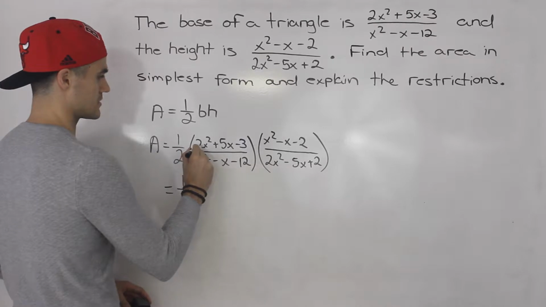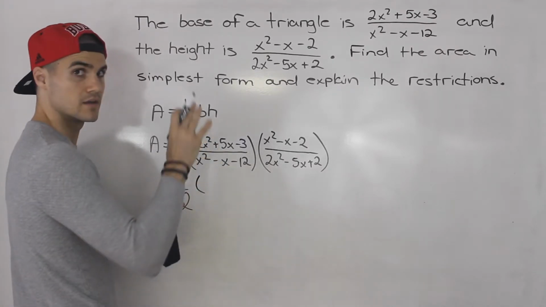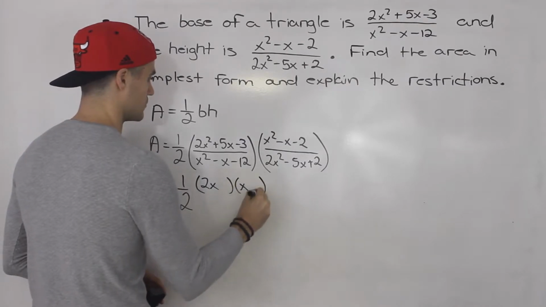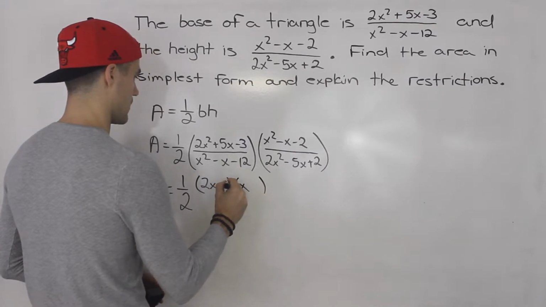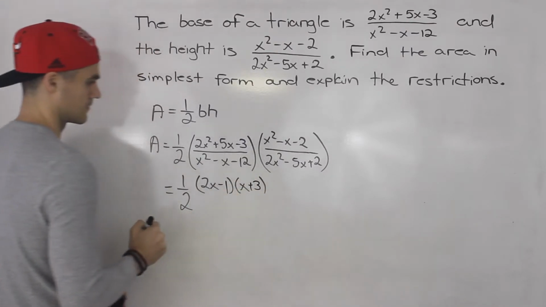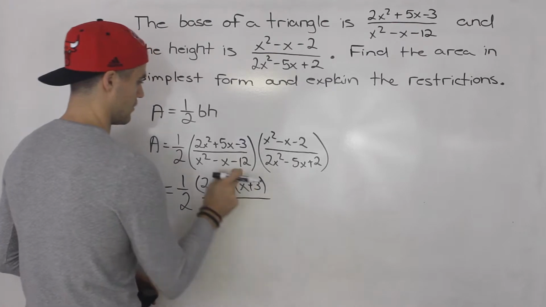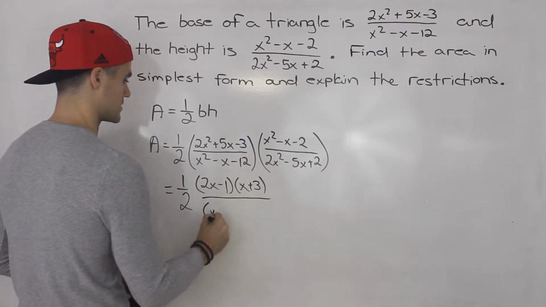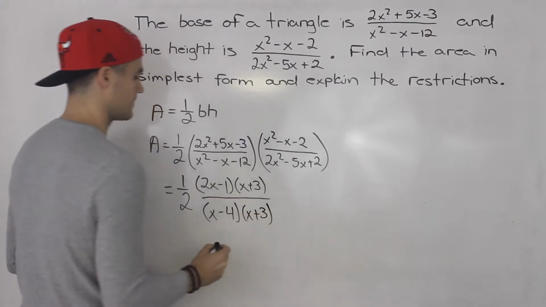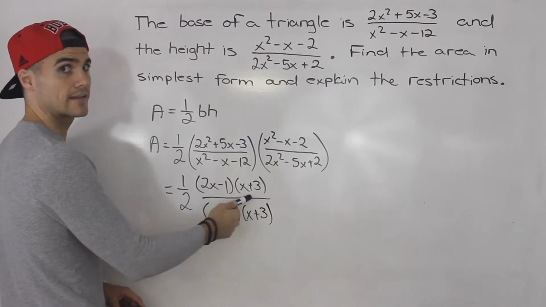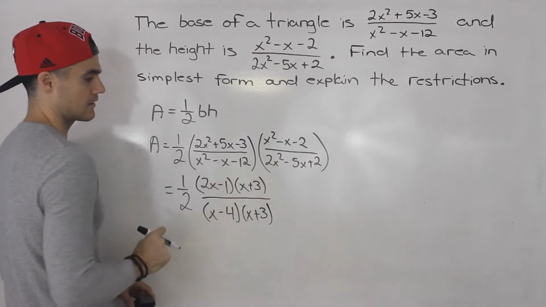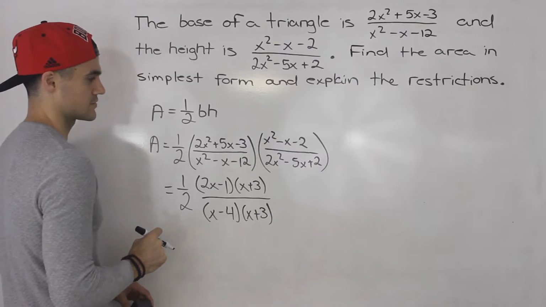So this 2x squared plus 5x minus 3, if you do FOIL on the side, what would the two brackets be? Well, they would be plus 3, minus 1. And then this denominator here factors into x minus 4, x plus 3. I don't expect you to be able to do this in your head like this. You should be doing decomposition on the side and then coming back and plugging in the factors for the